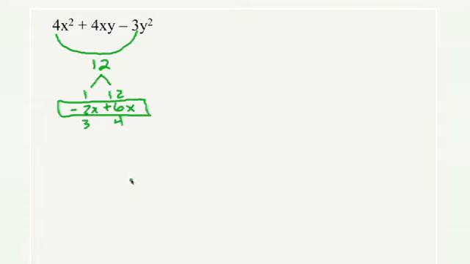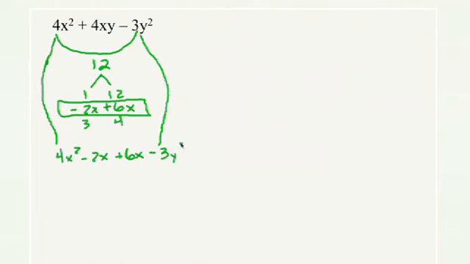And remember, we have two different signs because we are subtracting to get the middle term. That's right. It's still the case. When your last sign is minus, the signs will be different. When your last sign is plus, the signs will be the same, just as it was in the previous trinomial problems. Absolutely. So, we're going to carry down that 4x squared, write in our negative 2x and our positive 6x, and now we're going to carry down that negative 3y squared. Now, I just noticed something, Bill. I didn't put the y's on these here in the middle. Not that that means a lot at this point, but for the sake of...